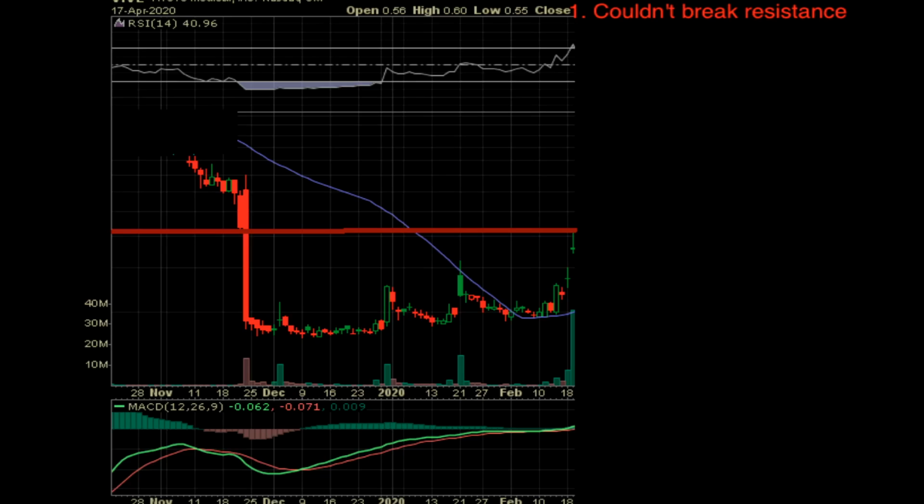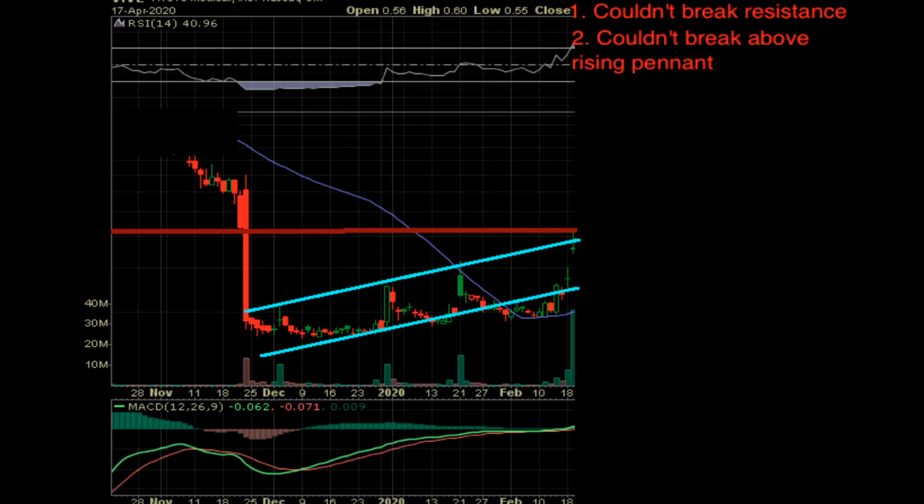So here we can see that there was a major rejection at this line. Just because the volume looks green here doesn't mean that the buyers are in control, which is more evident by the top wick. This is basically saying that the bulls tried pushing this higher, but the bears were like, nah, you're going down. Next we can see that although it was at an uptrend, it still failed to break out